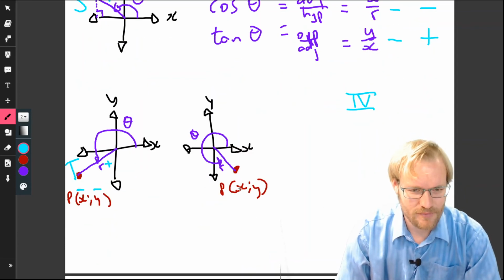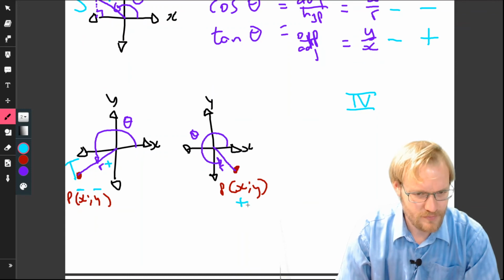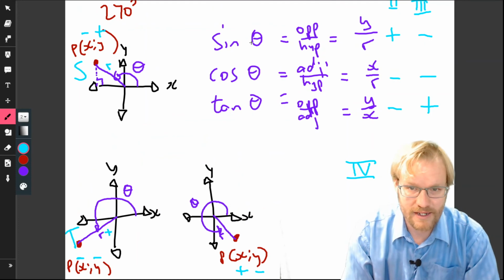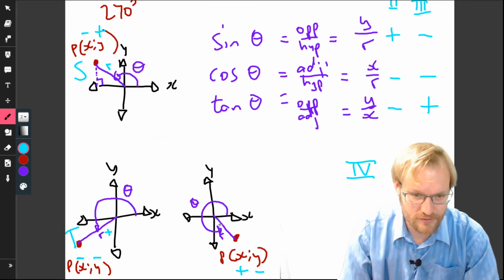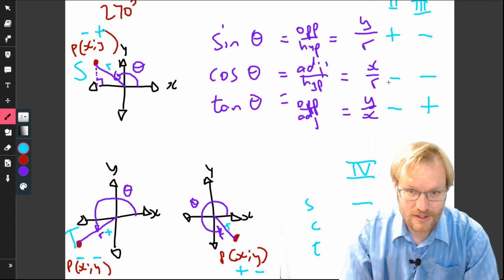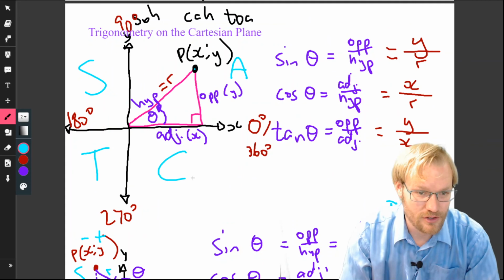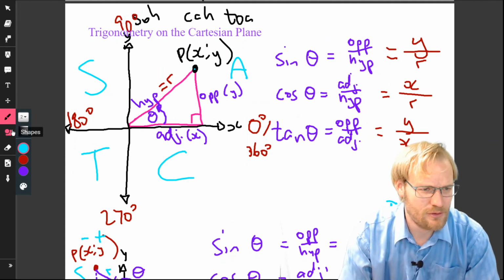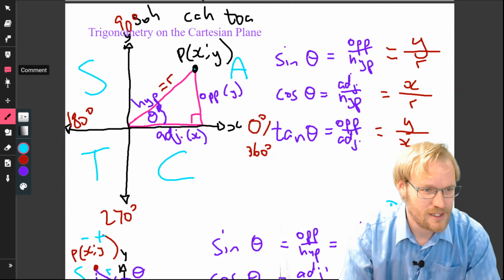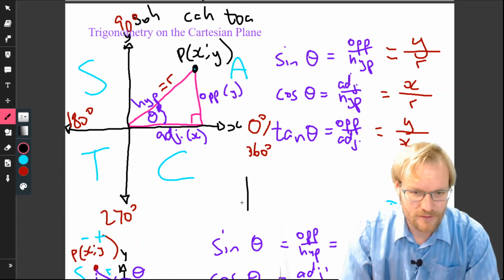Okay, let's run through this. X, positive or negative here? Positive. Y, positive or negative? Negative. So, sine, y over r. Negative over positive must be negative. This is sine. Cos and tan. Cos, x over r. Positive over positive is positive. Tan is y over x. Negative over positive is negative. So cos is the only positive one. So C. And the reason I'm just pointing that out, we're going to re-go through it, is that if you wanted